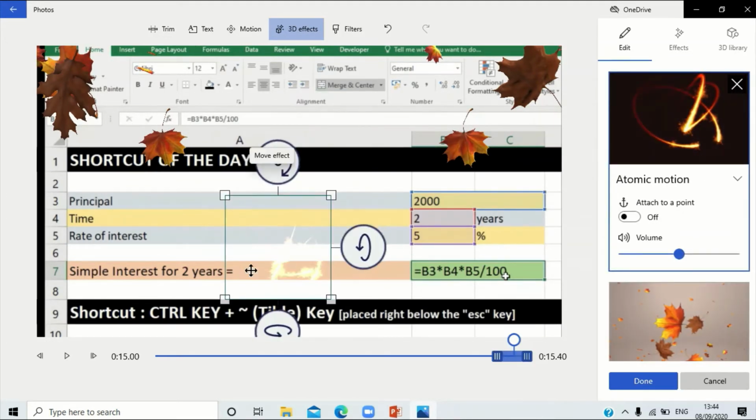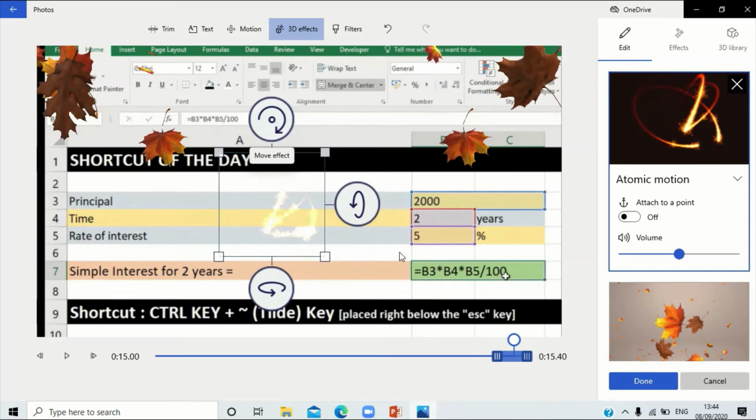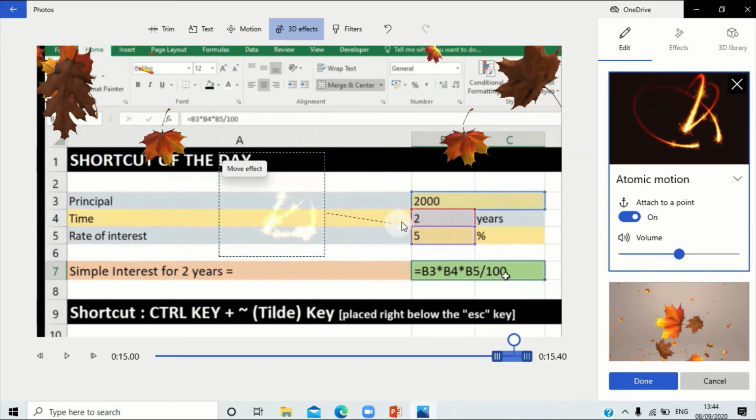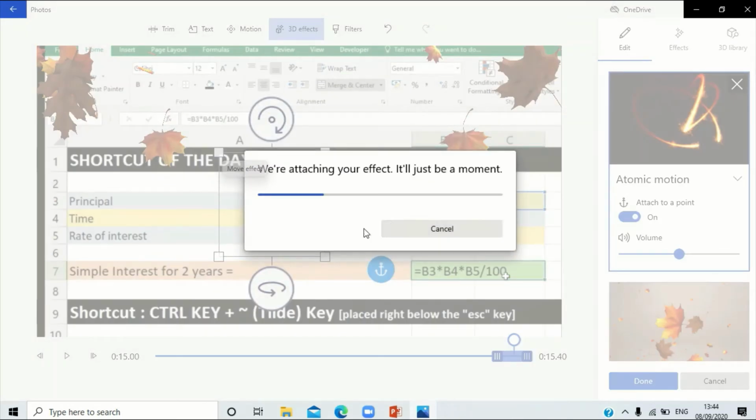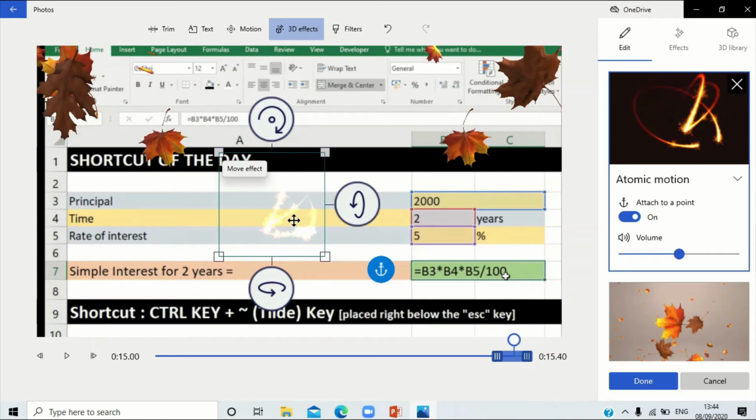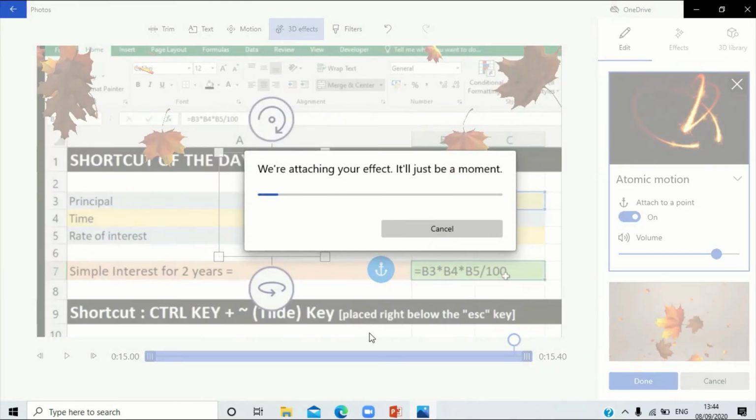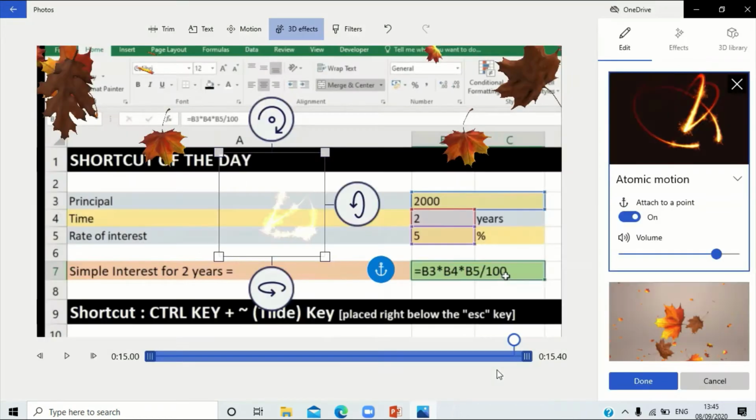We have the atomic motion effect, where you have an option to attach the anchor. So that'll just take a second. And now you can move your anchor separately and your effect separately. So we can see how this works now. You can see that the time frame here is appearing where you want it for. So I've extended it to the entire duration of the 15-second video, and it'll just load in a second because it is a larger animation portion.